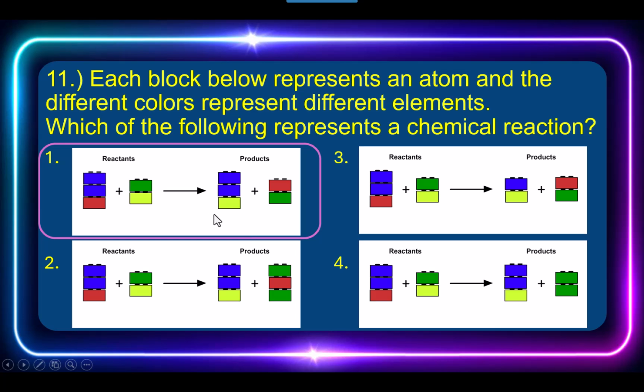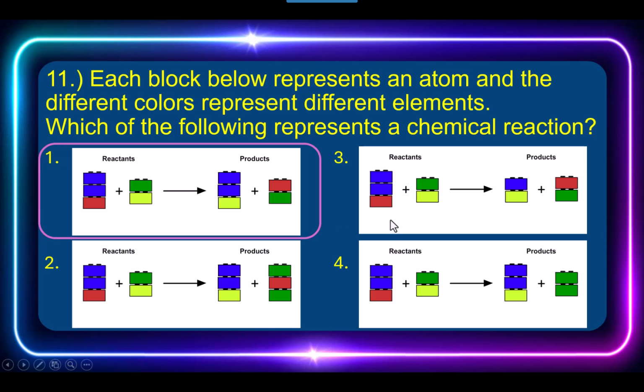If you selected number 1, you were correct. All right. The law of conservation of matter says that whatever your beginning reactants are, you should have the same amount of products on the other side of the reaction. So we have 2 blue, we have 1 yellow, one green, one red. So this chemical equation represents a chemical reaction that obeys the law of conservation